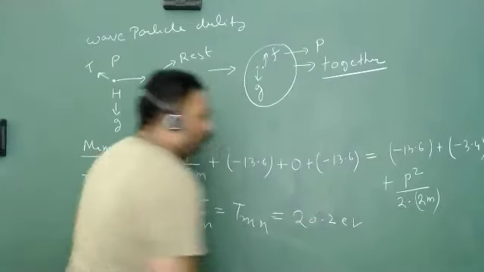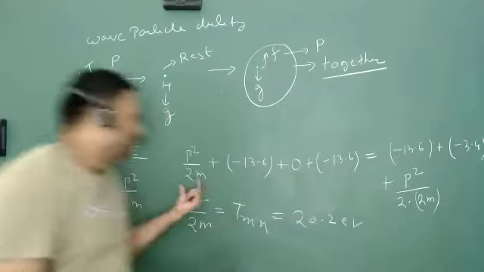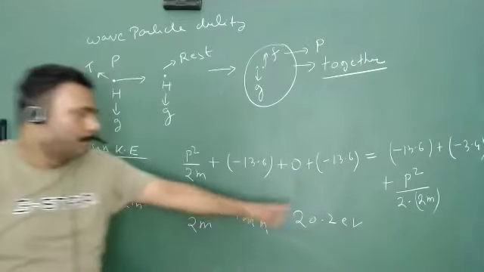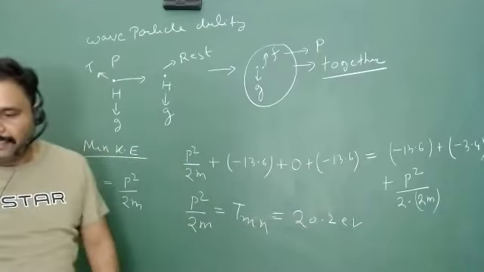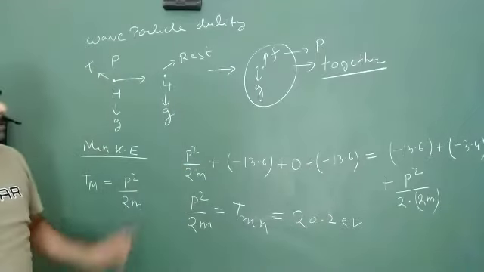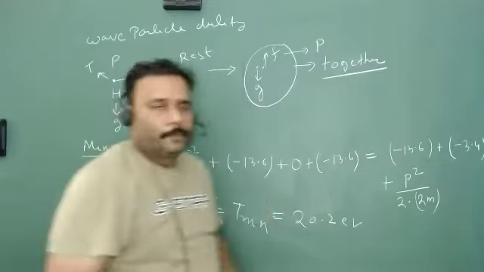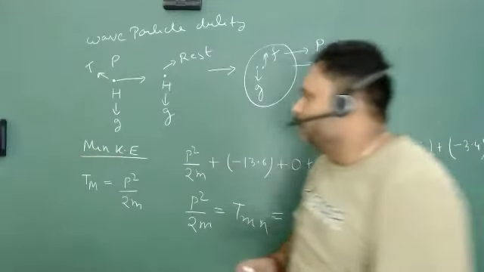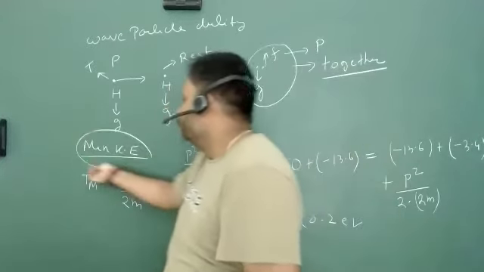You can easily calculate that the t minimum will be equal to 20.2 electron volt. You can take it to this side and all things will go there. Obviously this has to be positive because kinetic energy cannot be negative. So you can easily find this type of problem. What is the crux? Everything you can do, but you have to understand what is the meaning of minimum kinetic energy.